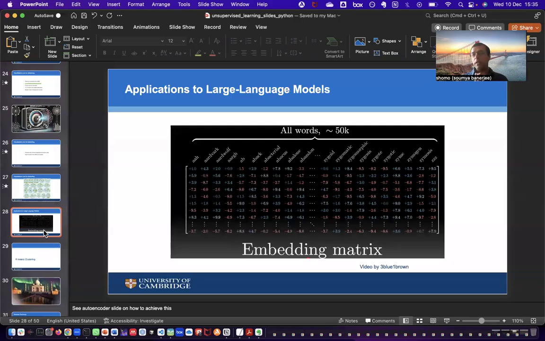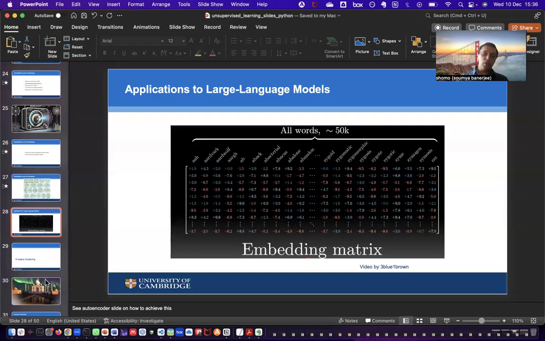I also like to build bridges to relevant current topics like large language models. So for example, in this class, I will emphasize that while building large language models, the first step is an unsupervised machine learning step where you're compressing all words into fewer numbers. And then you are using these numbers to predict the next word, which is a supervised machine learning step. So I always give them a sense of where the field is headed, and I'm always building these connections to what is really relevant and topical in machine learning.